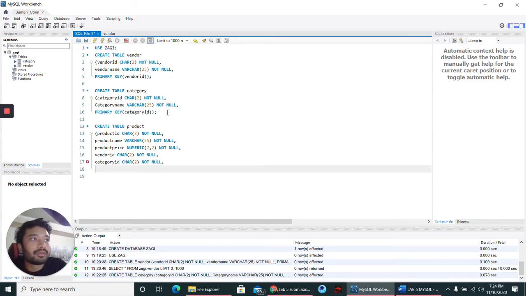After category ID we're gonna have primary key in this table. For this table is gonna be product ID, and also since we have